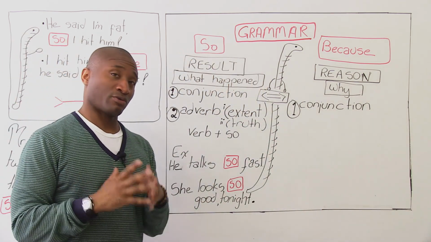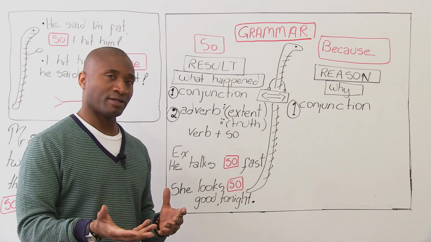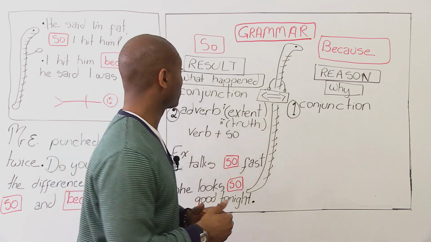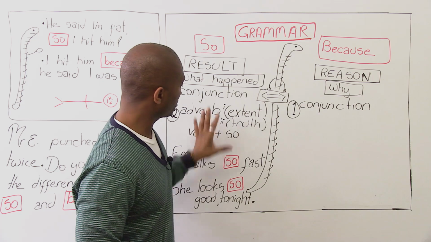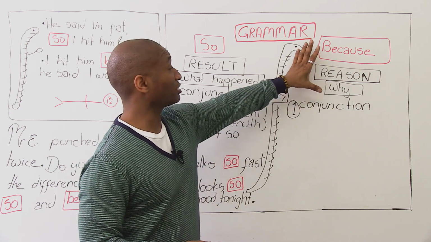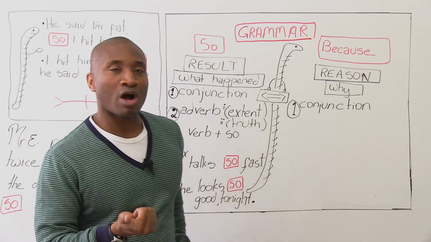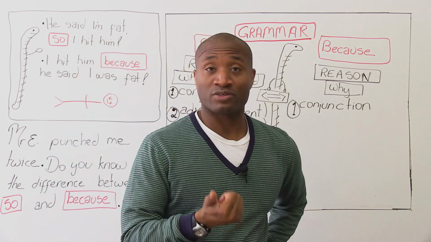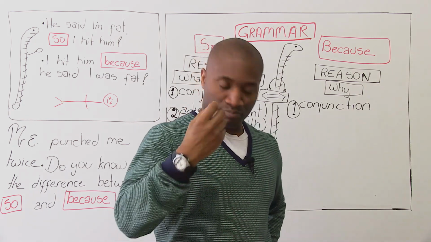Let's go to the board and look at the grammar to start with. And then afterwards, we'll show examples of how it's different, all right? So you can start using it right away. First of all, I'm going to start with because. It's easy. You'll notice a little here, a little here and a lot there. Because. It's a reason. It's why. So when you use because, somebody usually says to you, why? And then you say, because.